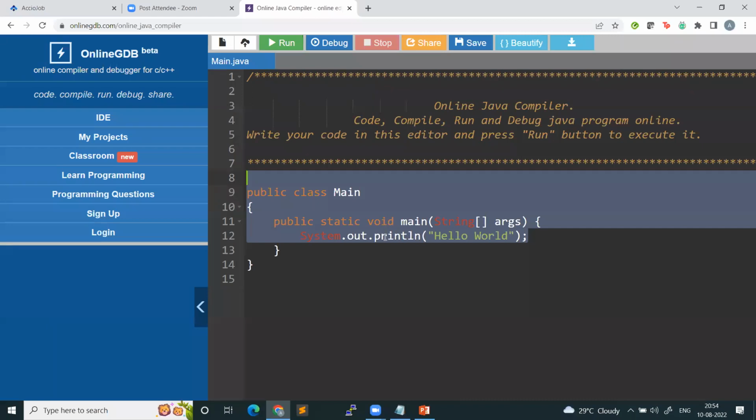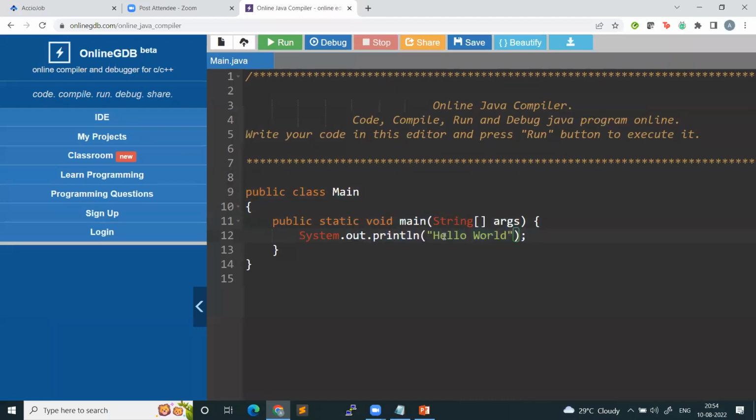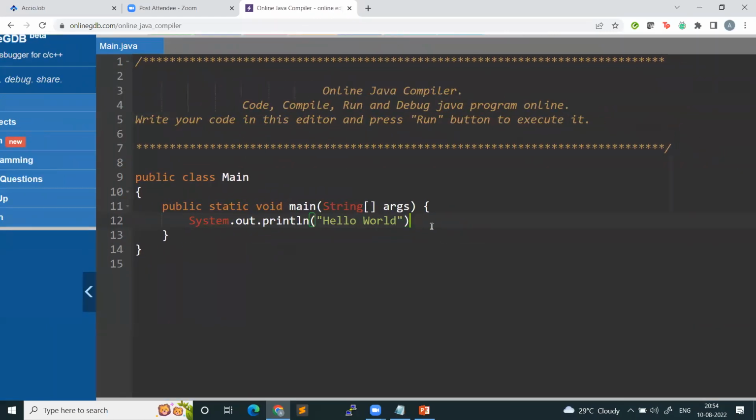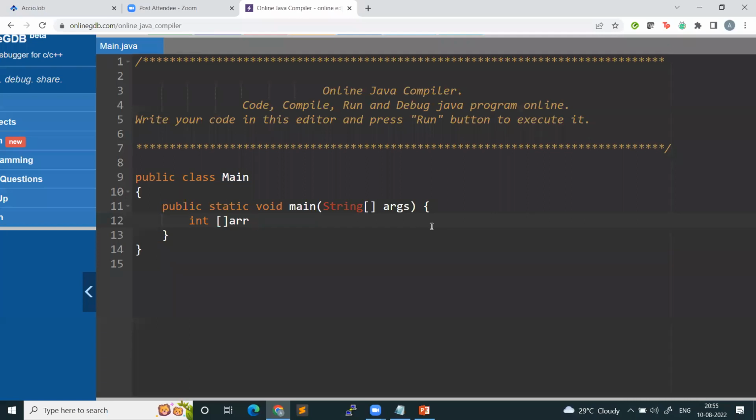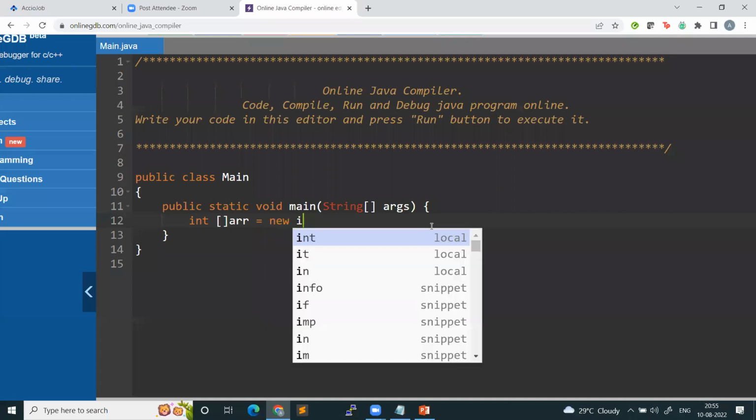Okay. So what I'll do is, first of all, let's not go for user inputs, right? So let's make an array ourselves, right? So I want to make an array of integers of size 5. Okay. So int, these brackets, right? ARR. So what is the reference to my array of integers? Int ARR is equal to new int